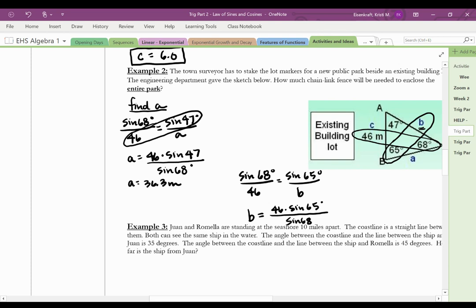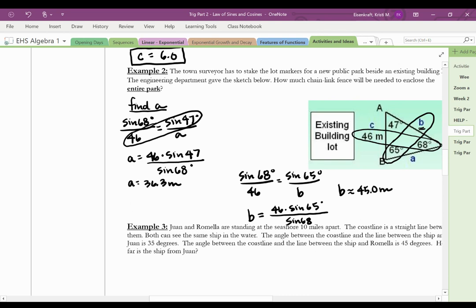Make sure you total that top part up. 46 times sine of 65 divided by sine of 68. 44.96, so that is about 45